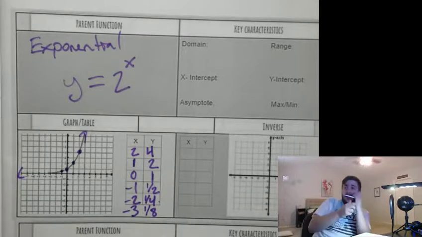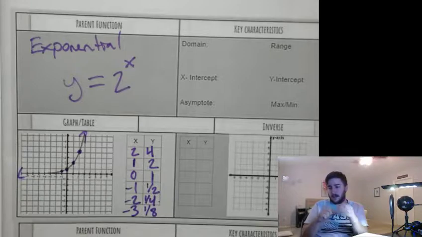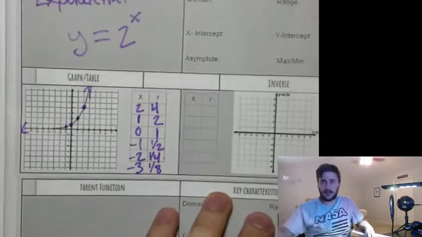But think about this, guys. If I cut something in half, if I had these 2 markers and I cut them in half,